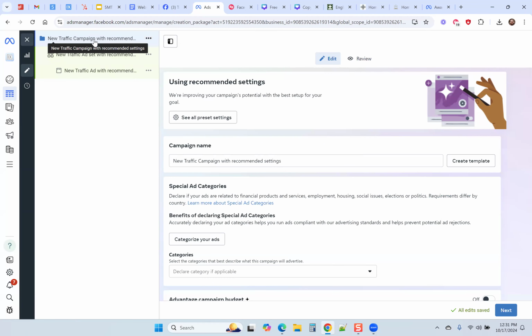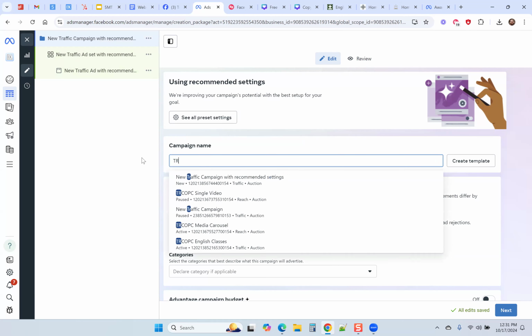All right, so one thing to observe, first of all, is that there is a structure that has been roughed in here: a campaign, an ad set, and an ad. So we basically need to go through these three things. The campaign has settings, the ad set has settings, and the ad has settings as well. All right, so we're going to call this